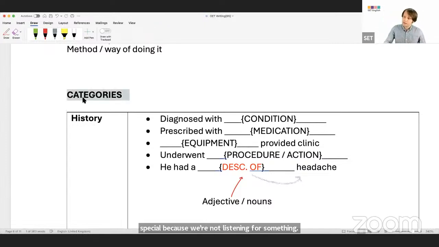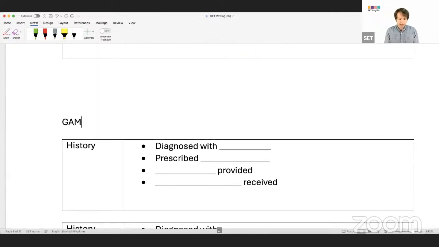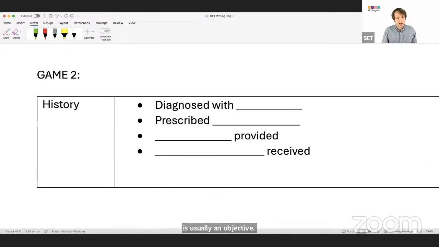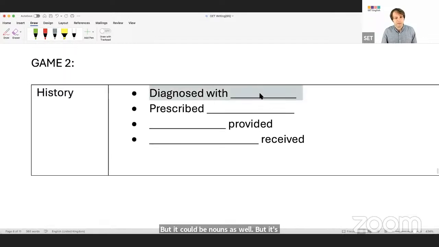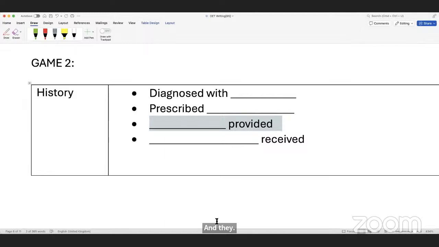We're going to practice predicting the categories, and then we're going to do a mock test. Okay, game 2. We're going to do another game. Is everyone ready for game 2? Yes. Now in this game it's better, right? Because we have this. So I just want you guys to listen to me and just get the answers. All right. Is everyone ready? 3, 2, 1, go.